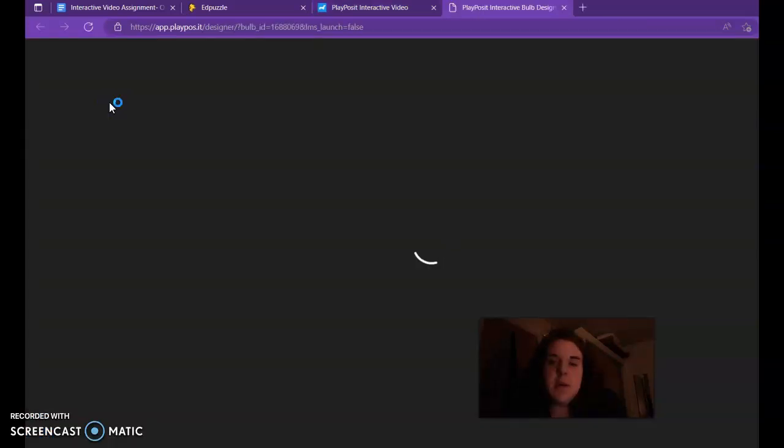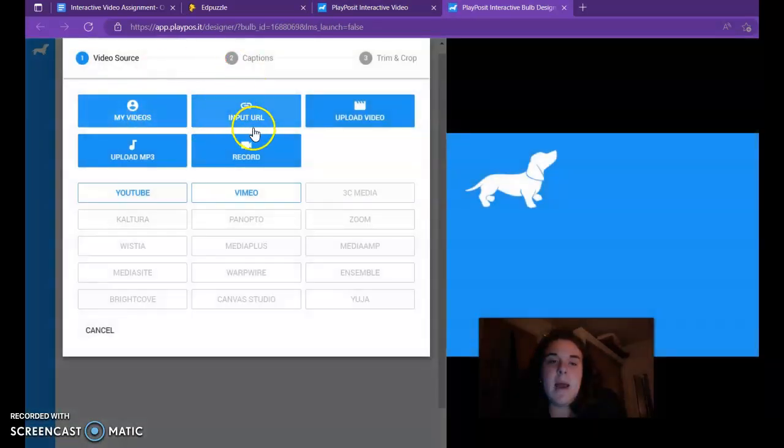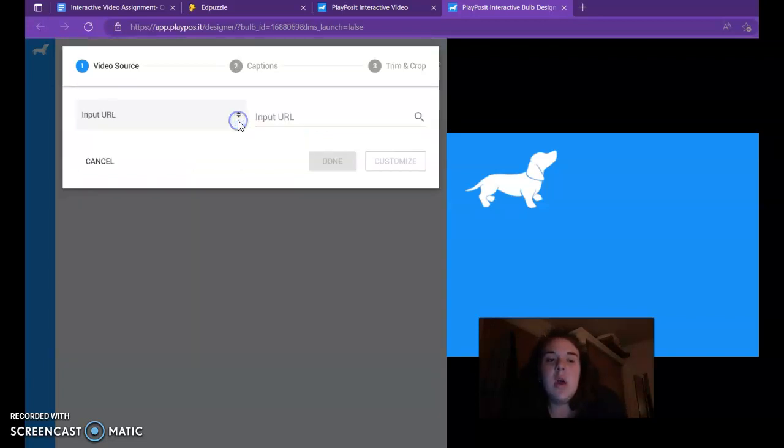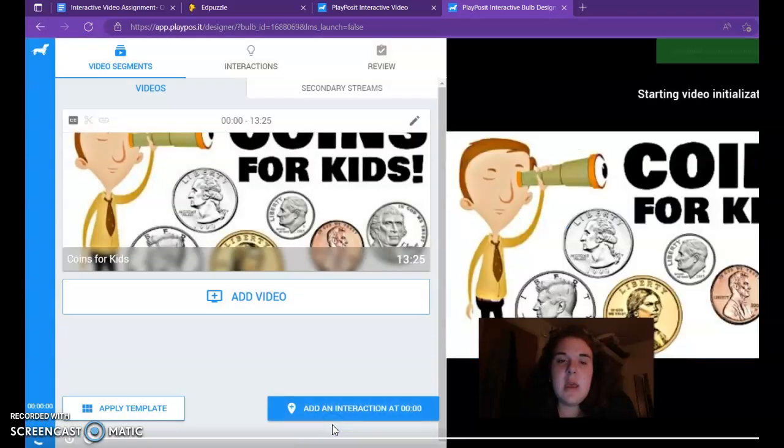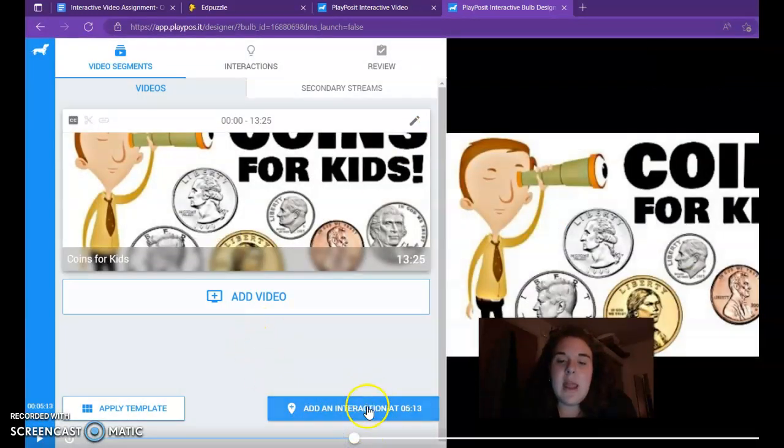So just like Edpuzzle, you press add new bulb. They do have some more options. You can record it yourself and add stopping points. You can do URL, upload your own video, YouTube. So I'm just going to upload my link, just like the last one I used for Edpuzzle. And you're going to press done. And then you're going to say if you want to add something right here, you can add an